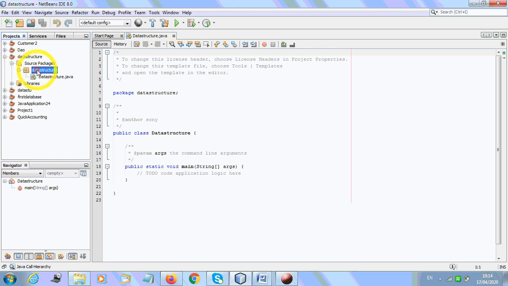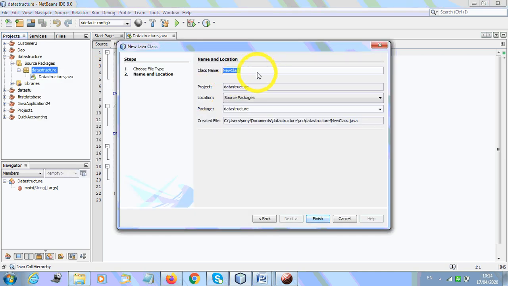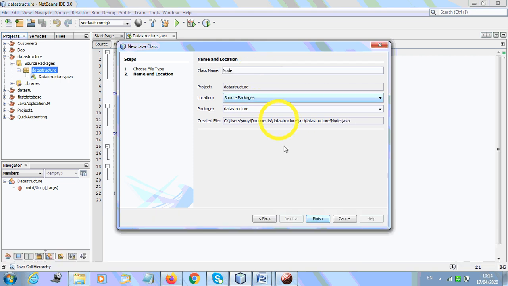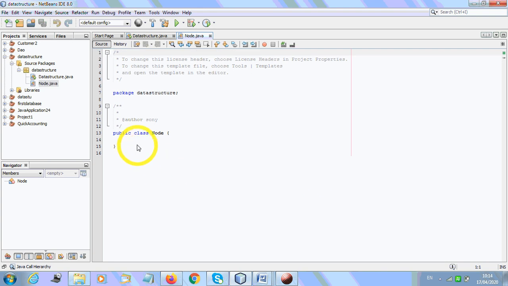I am going to use new class, and the name is node itself. So I'm trying to make a class node.